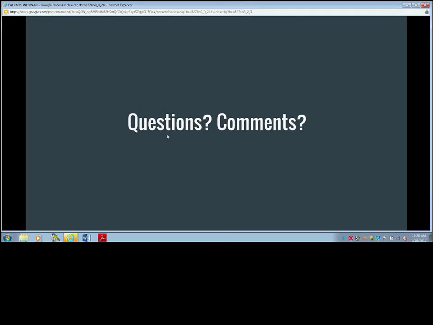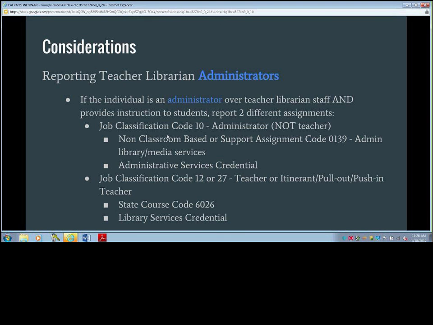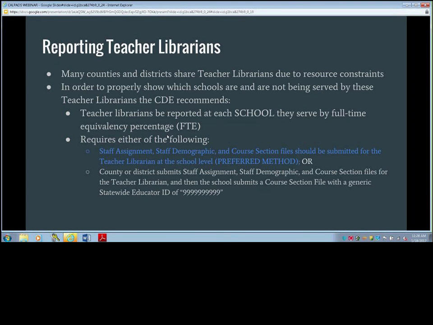What about staff, which is by school? Staff assignment? Yes. By school? Okay, so let me see if I can go back here. Staff person with all nines don't show up on 4.3. Right, but they're talking about the course.